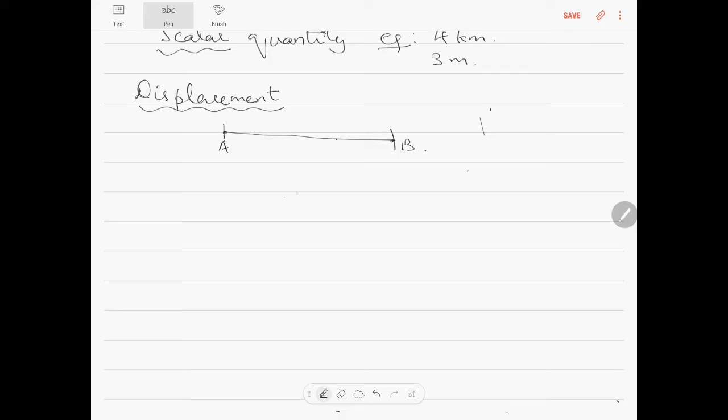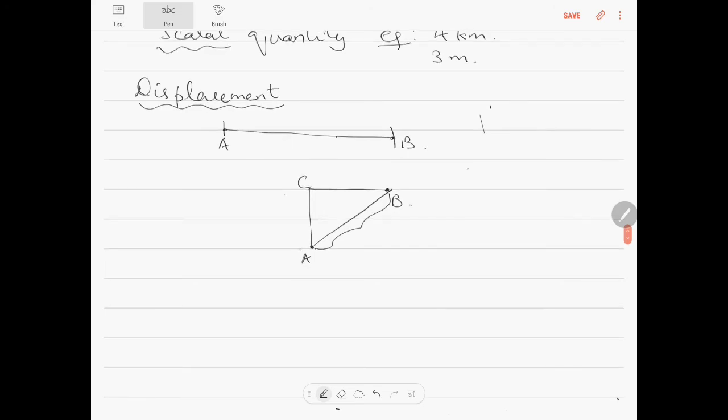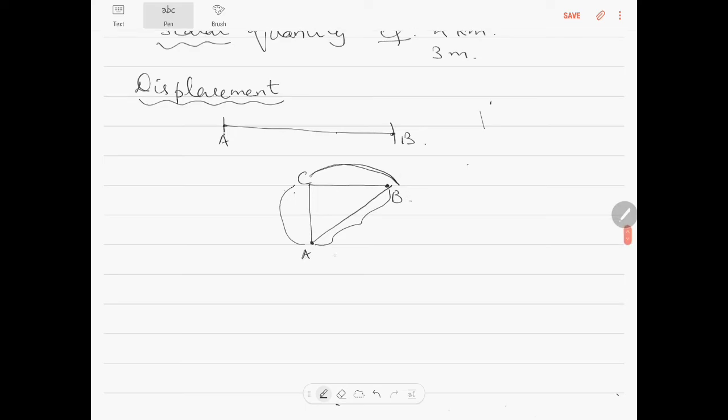Say a man walks from point A to point B, then displacement is calculated as the shortest distance. Now this will be the shortest distance. If a man moves from C to A, then from A to C, then from C to B will be the distance covered. The displacement will be the shortest distance between the